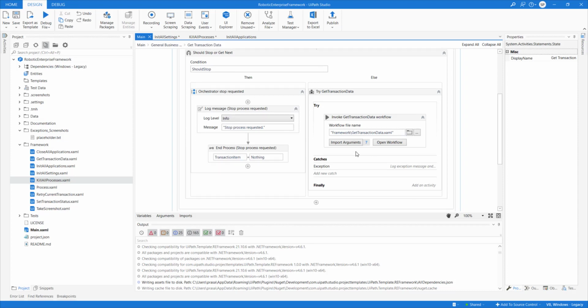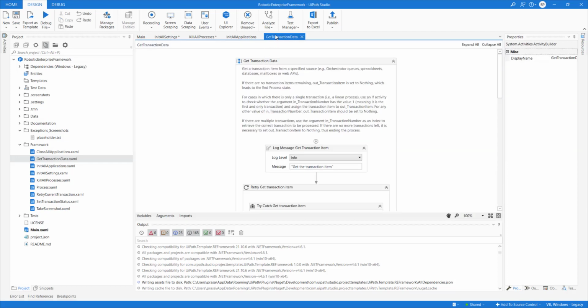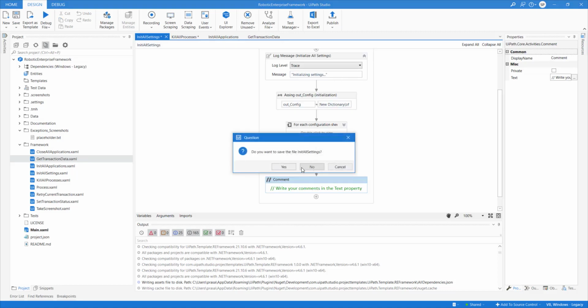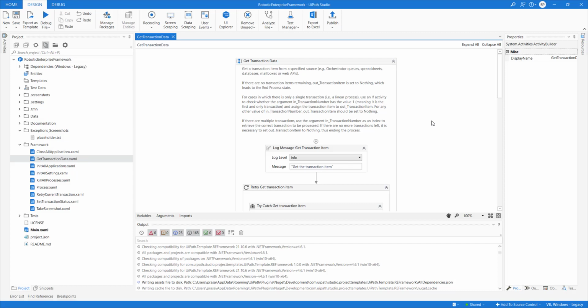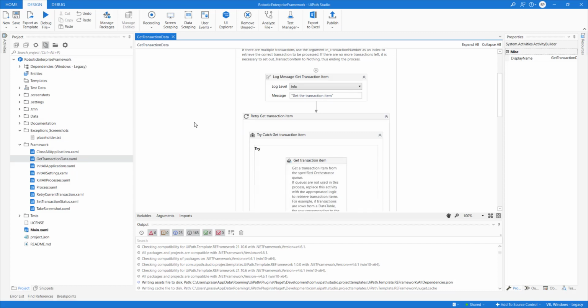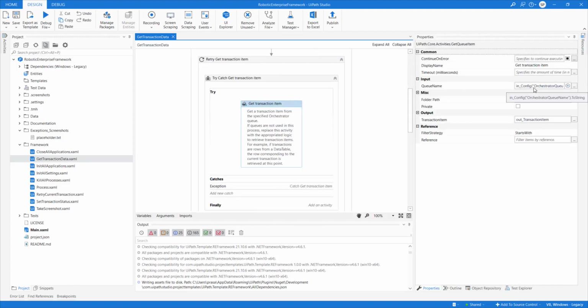Otherwise, it will read the data using the get transaction data XAML file, which is nothing but here. So we'll open this one. Let's close the others, just not to confuse. Okay, so now we are in get transaction data. By default it is configured to use a queue.